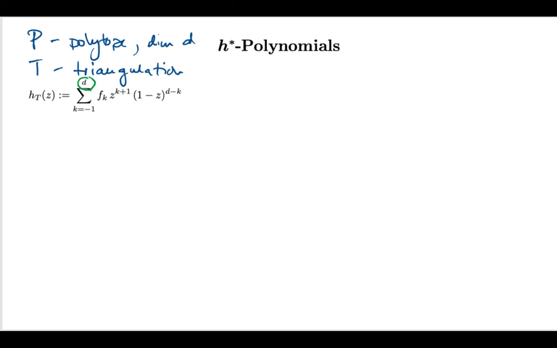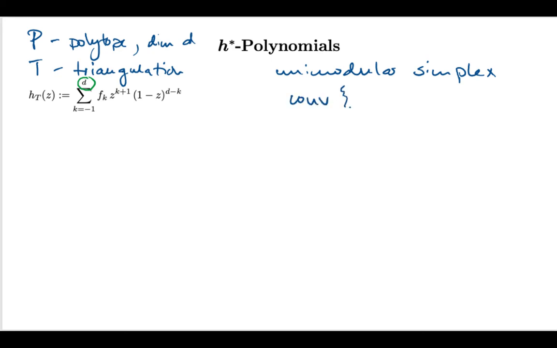At any rate, I wanted to go in a slightly different direction over here and assume that T is not just a triangulation, but a unimodular triangulation. So what does that mean? It's a triangulation into unimodular simplices, and a unimodular simplex